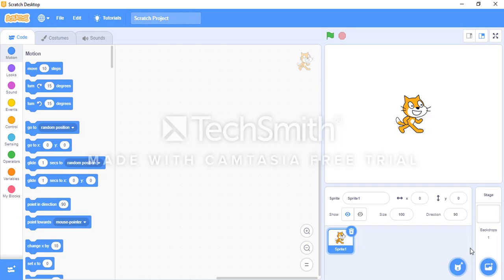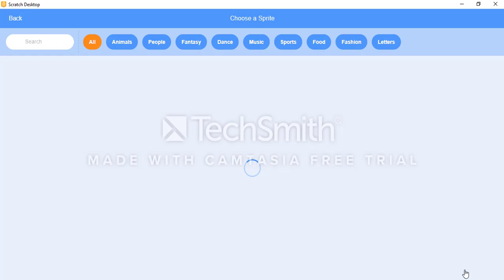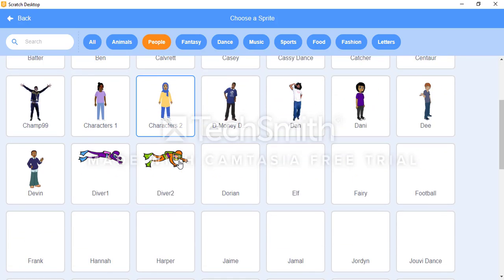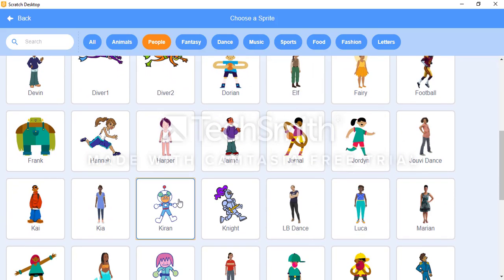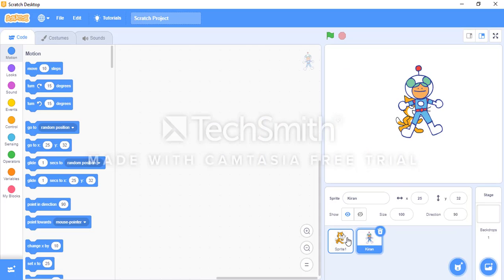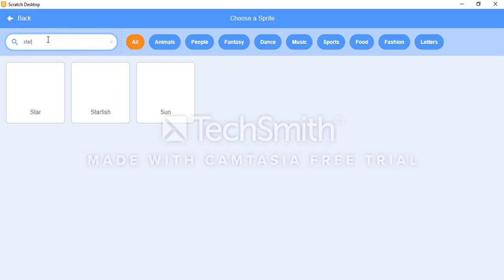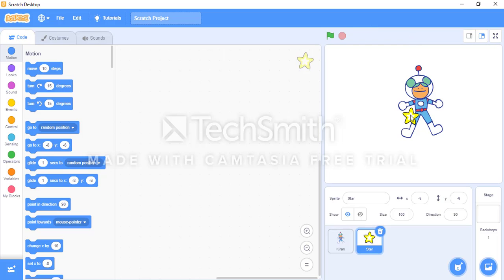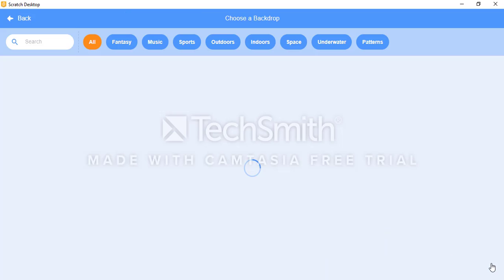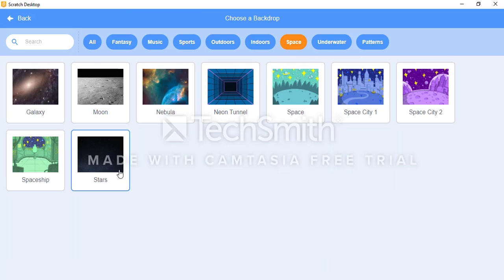In today's game, we would basically have a sprite which would be catching another sprite and gaining scores. So let's start off. First, I'll select a sprite of my choice. And I'm taking this one. Okay, I'll delete this. I want this sprite to catch stars. Now things are going a bit astronomical, right? So for the same, I'm choosing my backdrop to be related to space, stars.